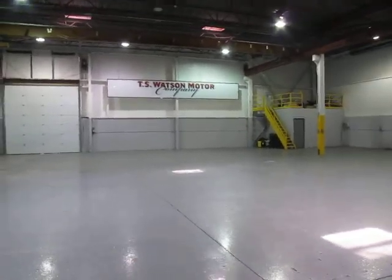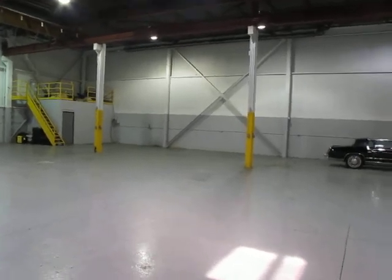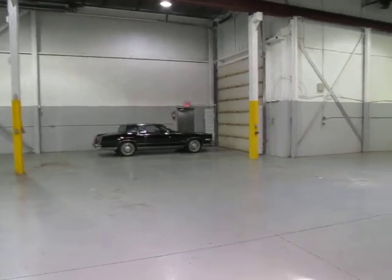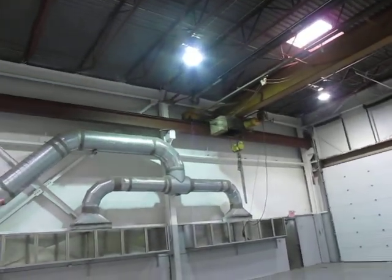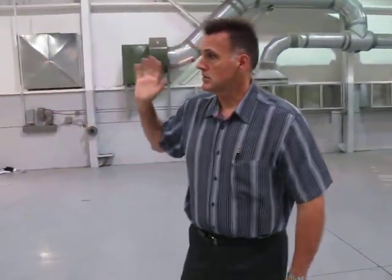Basically, the shop offers 20-foot ceilings. It is fully air conditioned. The AC system was just put in the last couple of years, so it's new. There is a 5-ton crane. The floors have all been redone. There's a complete roof grade up here, having been done the last couple of years, so the roof's in sort of top-notch condition. There's numerous man doors around, and the shop area would lend itself to being